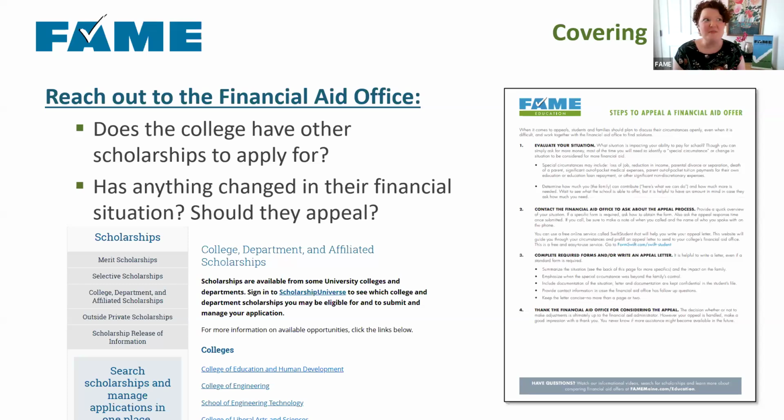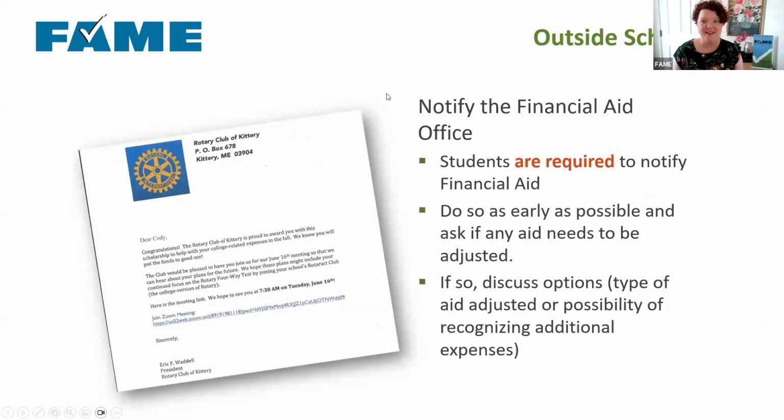But I loved them because they were really specific. They were like, if you are a student in the engineering program with a family member who graduated in the class of 1973, you can apply for that scholarship. So they're really specific, and if you qualify, then there's a pretty good chance you could get that money. So make sure you're checking those college websites and looking for those outside scholarships.